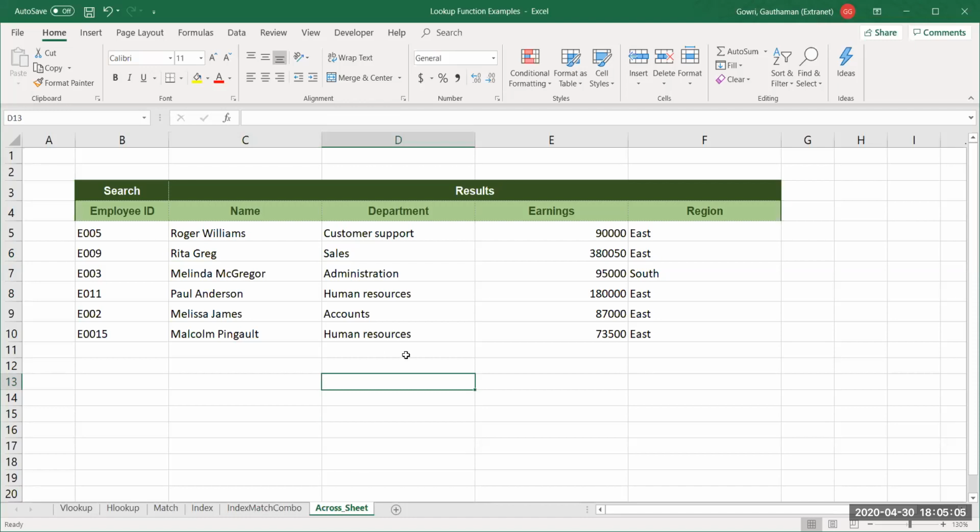Vidya, you were just talking about if the employee number is E005 and the lookup value is also E005, then only we'll be able to match, right? See, if the employee ID in one Excel sheet and another Excel sheet is matching, then only we can do a VLOOKUP or a HLOOKUP or match, whatever it is.